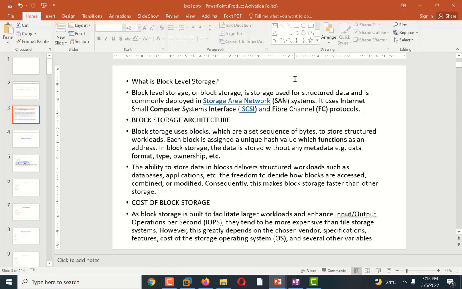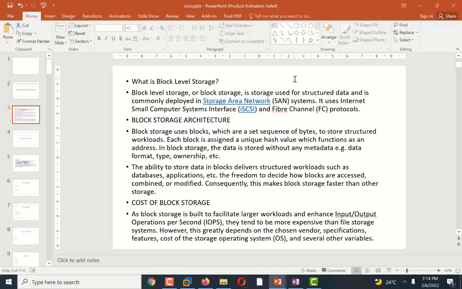Block storage gives us the facility to boot our VMs directly from the SAN storage. The other side of block storage is that it is very costly and not commonly used because it is very expensive.